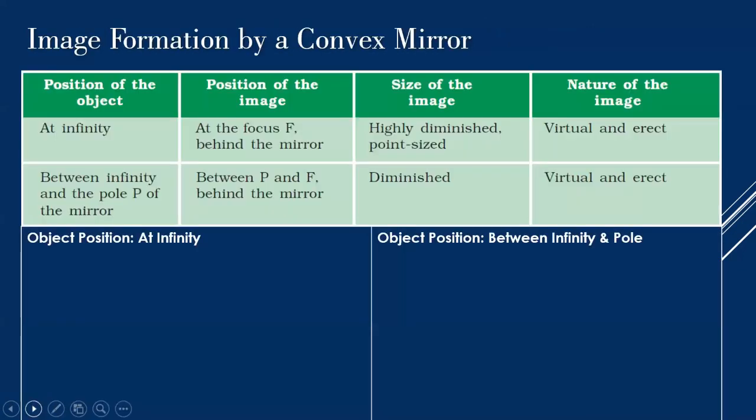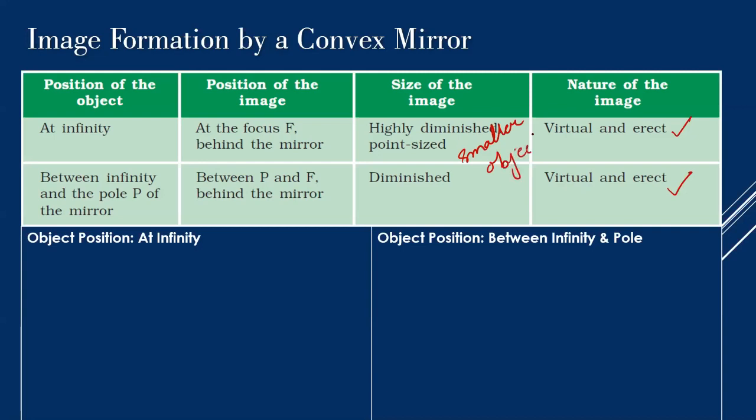Okay, now we come to image formation by a convex mirror. Now, as there were 6 positions that we had analyzed for the concave mirror, there are only 2 positions in case of a convex mirror. Rules are the same. The speciality of the convex mirror is that whatever object distance you keep from the pole, all the images are going to be virtual and erect. That means they are always formed behind the mirror. Another important thing to remember, images formed by a convex mirror are always smaller than the objects.